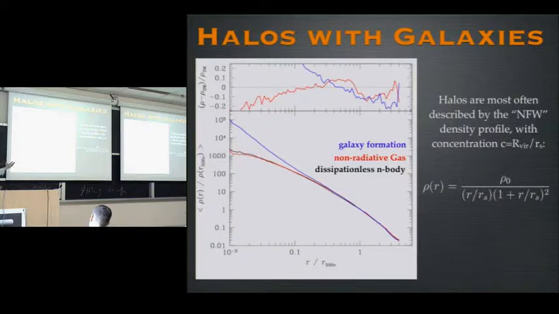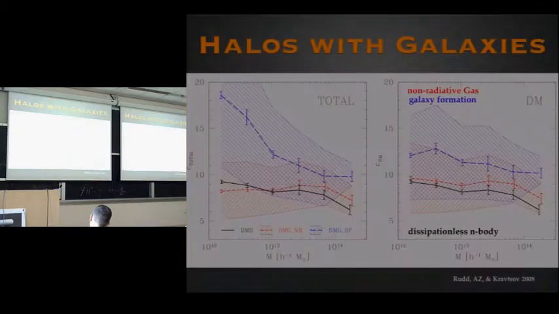In fact, you can use this concentration nomenclature that's used to describe halos. We tried a lot more complicated things before we realized that this is actually good enough. We use this concentration nomenclature, which says to plot the concentrations of halos. So this is total mass here, and just dark matter here, for these same three simulations.